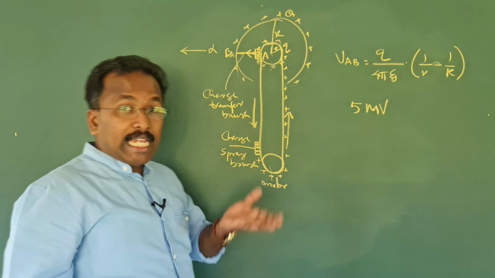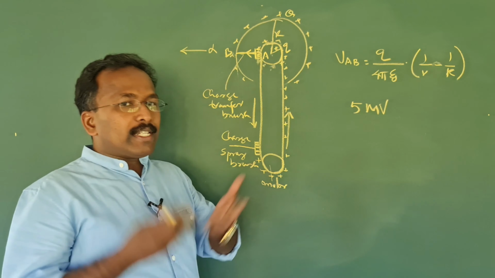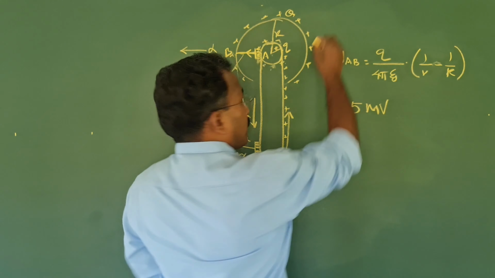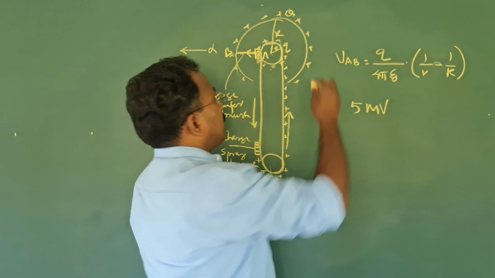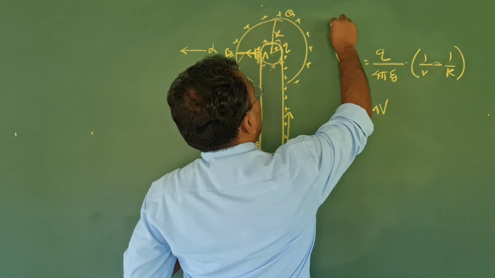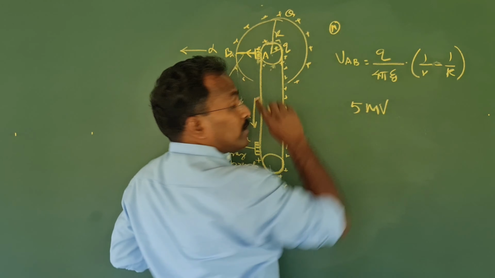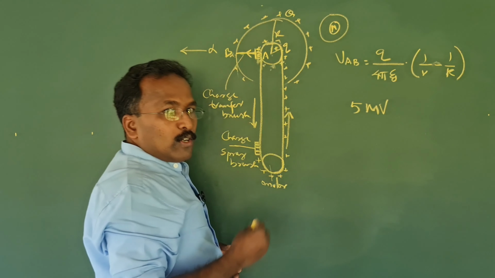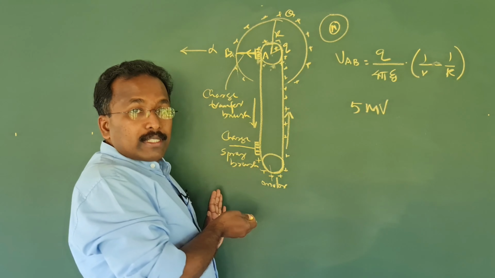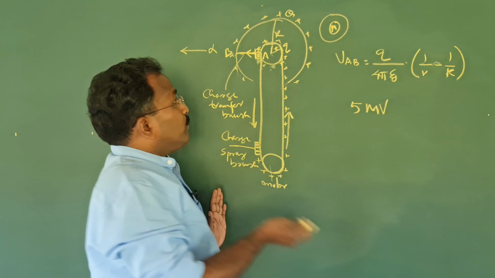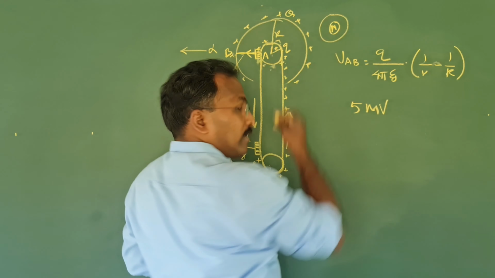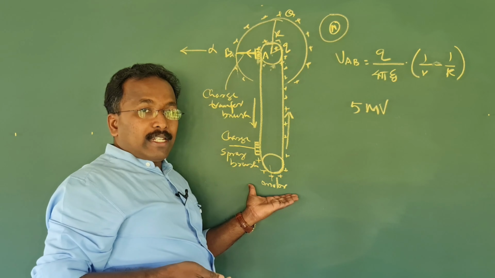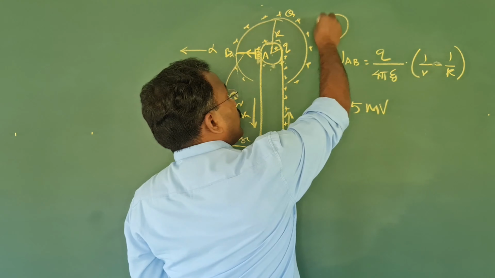Theoretically you can make any large potential, but after some time what happens is, you think of an air molecule here, any molecule. So we call it an air molecule. A molecule will have a positively charged nucleus, and electrons revolving around it. If you set up this kind of a facility in your classroom, these days we have tabletop Van de Graaff accelerators available.